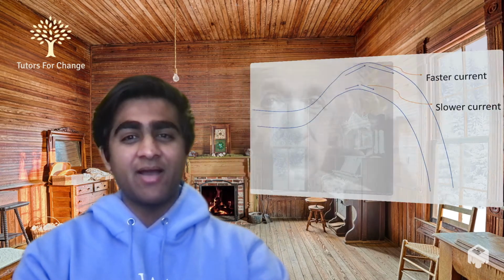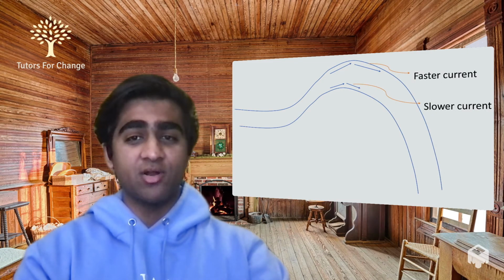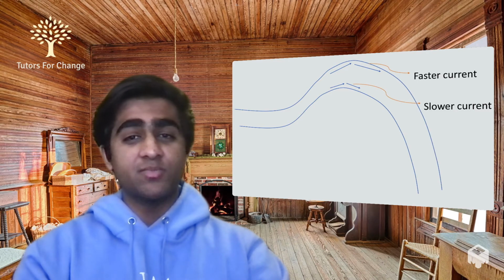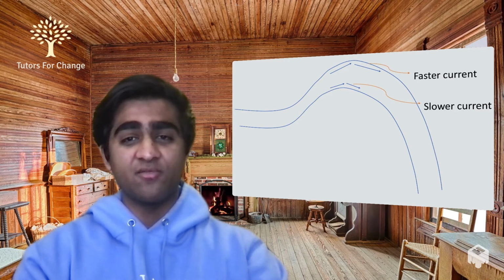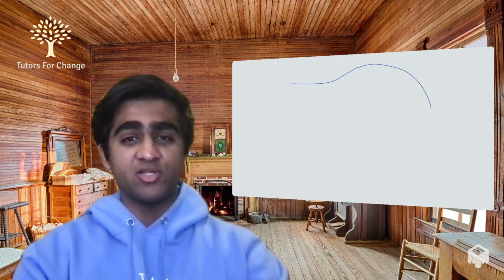But let's go even deeper. Let's ask the question, why do rivers meander at all? The answer to this question was given to us by none other than Albert Einstein, the man whose birthday falls on Pi Day. Einstein said that the outer currents of rivers travel faster than the inner currents of those rivers on their curves. This means there's more erosion on the outer edges of rivers than there is on the inner edges. So, what does this mean for the shape of rivers?